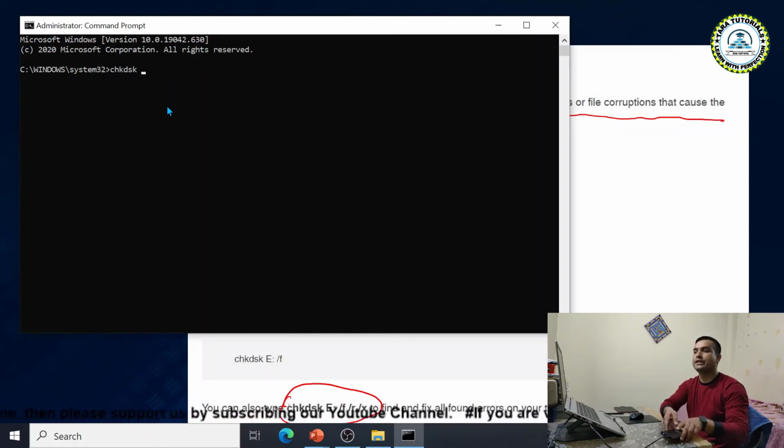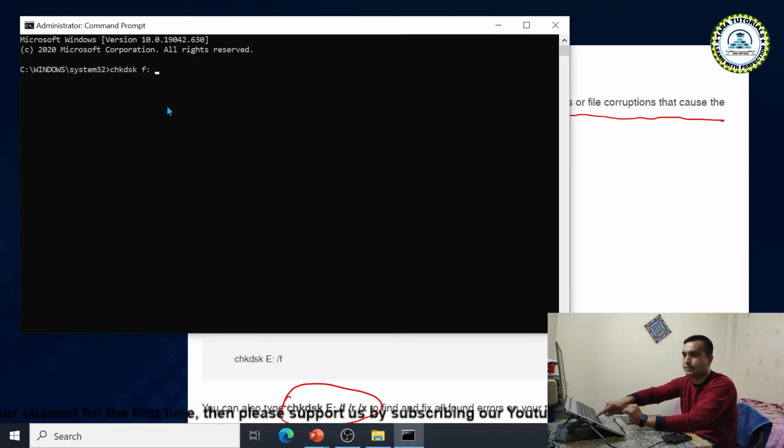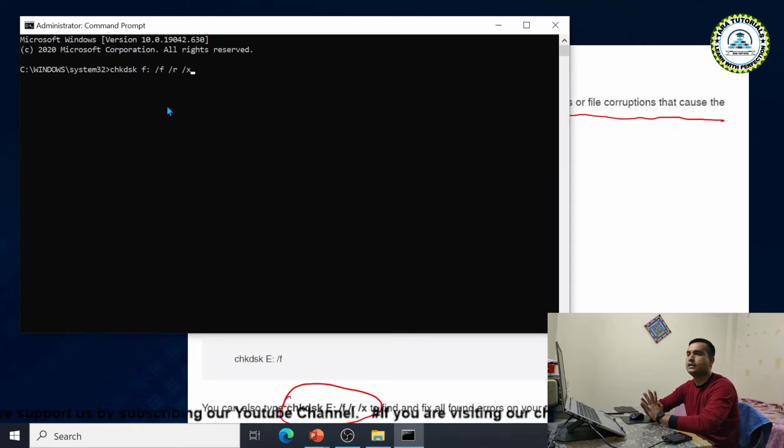Suppose the drive name is F, then give the name of the partition, then the colon, then a space, then the parameters: /f space /r space /x, and just hit enter. That's it. It will take some time, and after that you can reboot the PC and check the effect. That is the first method.